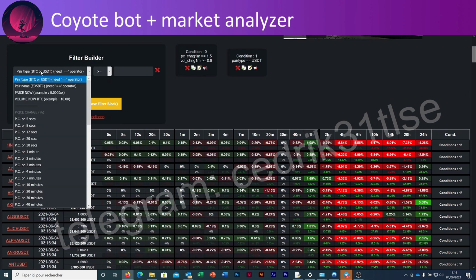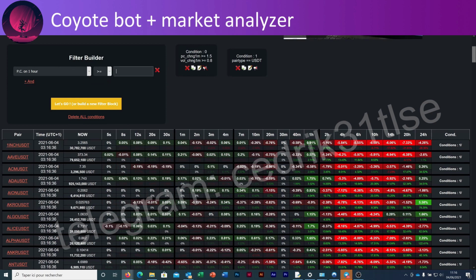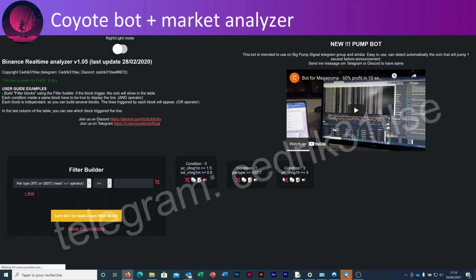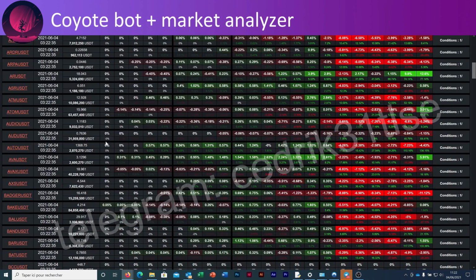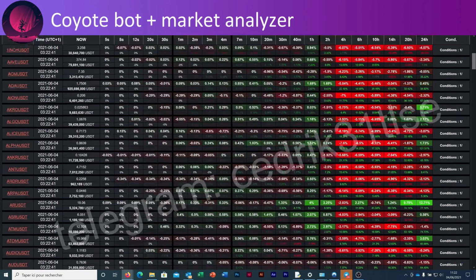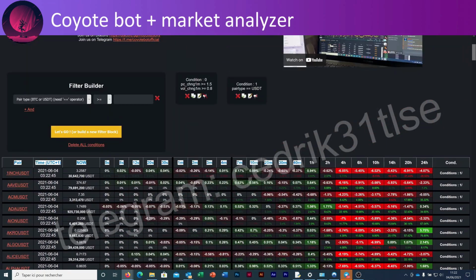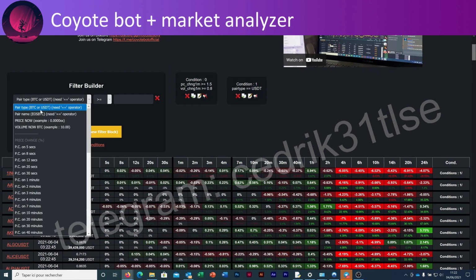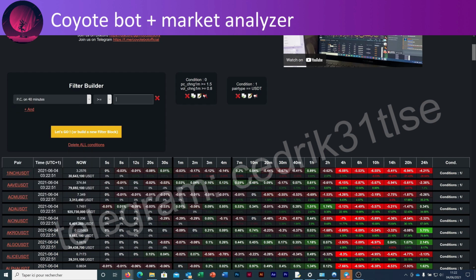I will show you another example, because this trigger likely does not happen often, maybe just a few per day. So I will set another filter here. So let's say I want to trigger, for example, on more than 2% in the 40-minute time window. So I select here my price change in 40 minutes, more than 2.